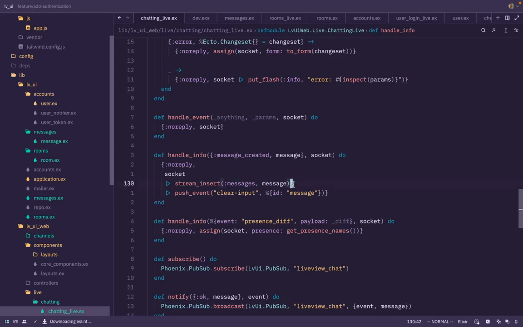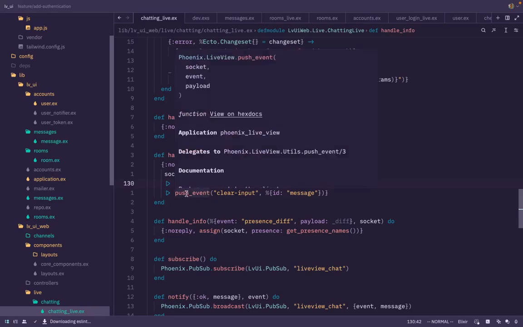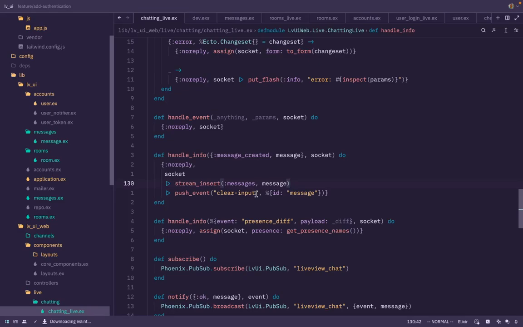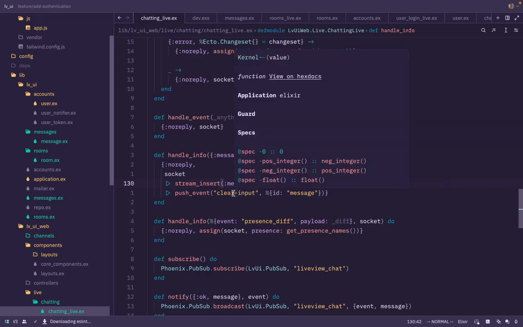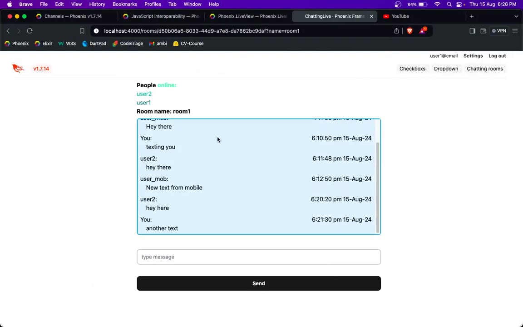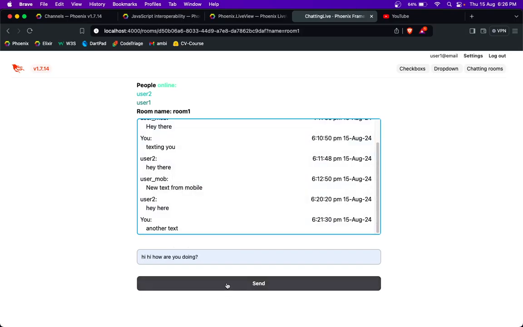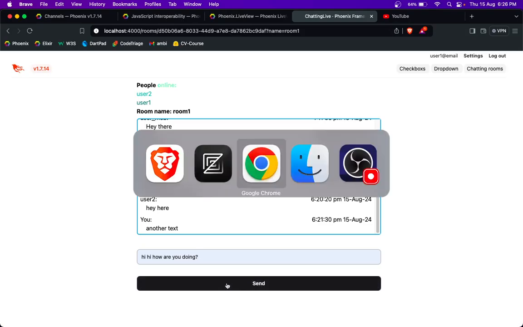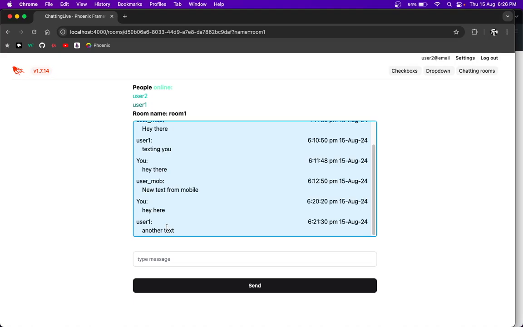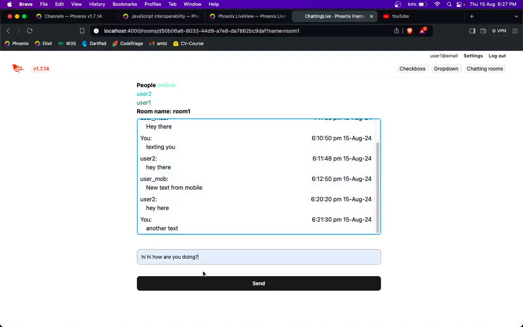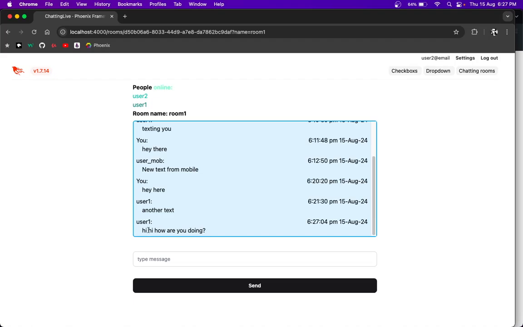Here I'm inserting a new message and pushing the push event again with the same text. So the same text again goes to the other user. Let me show you how that is visible. Another text, let me push this from this browser. Yeah, it is pushed. Here also it pushed, because that is happening